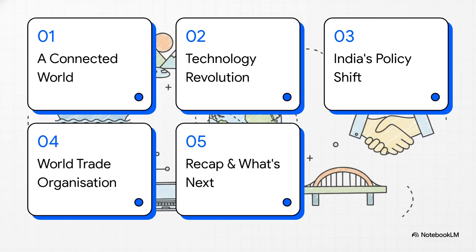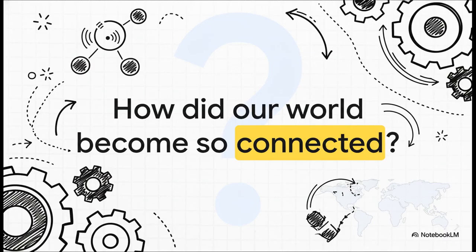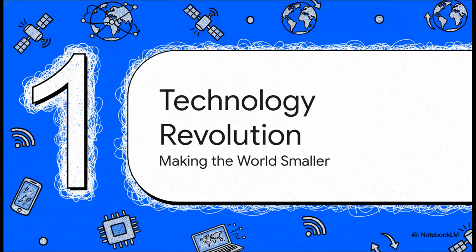We will look at technology, we'll look at government policies, and also some important international organizations. You see, this rapid connection that we see all around us today, well, it did not happen automatically. It was actually the result of some very specific and very powerful changes. So let's move to our first major factor, and the first, and perhaps the most visible one, is the rapid